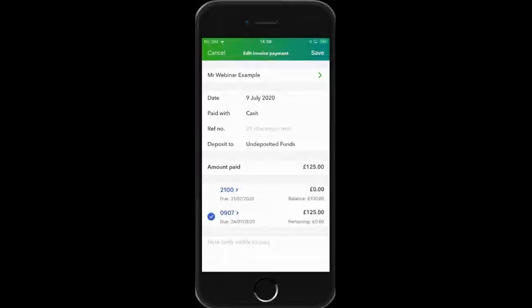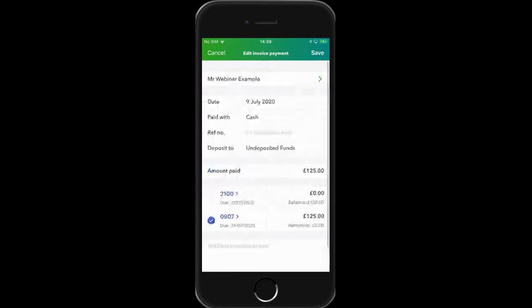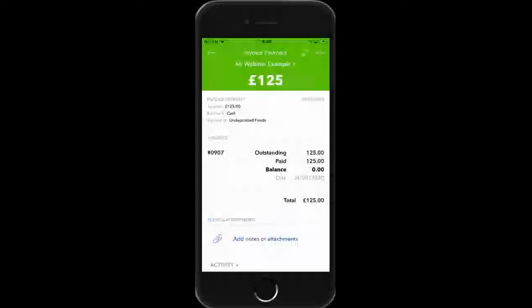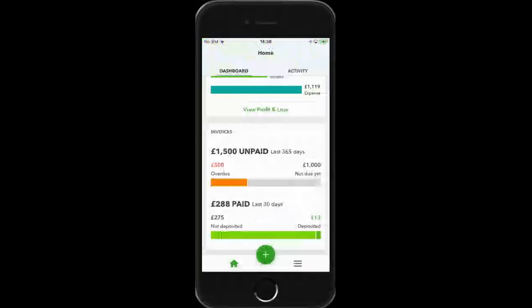Again, this is an invoice payment. I can put a reference number in there. I can deposit it, so if it's cash, it's in my undeposited funds, and I've got all my information there, and it's saved and it's ready to go. Now, if I go to my invoices again,